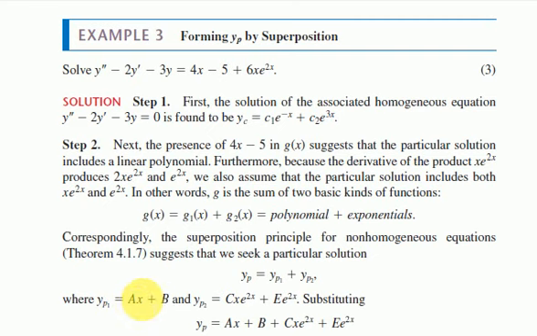These are the undetermined coefficients we are assuming. As we are using the undetermined coefficient or superposition approach, yp1 is ax plus b and yp2 is for g2, which is an exponential function. So yp2 is equal to cx e raised to power 2x plus e raised to power 2x. Here we took these two undetermined coefficients, capital A and capital B, and we will have to move further